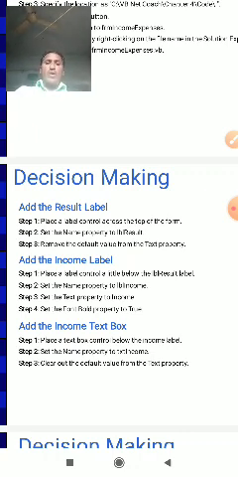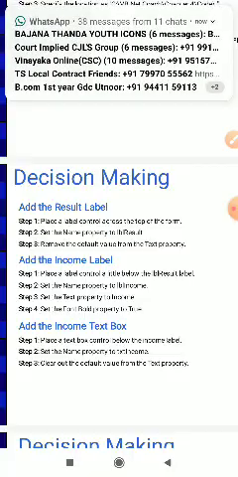Clear out the default value for this text box.